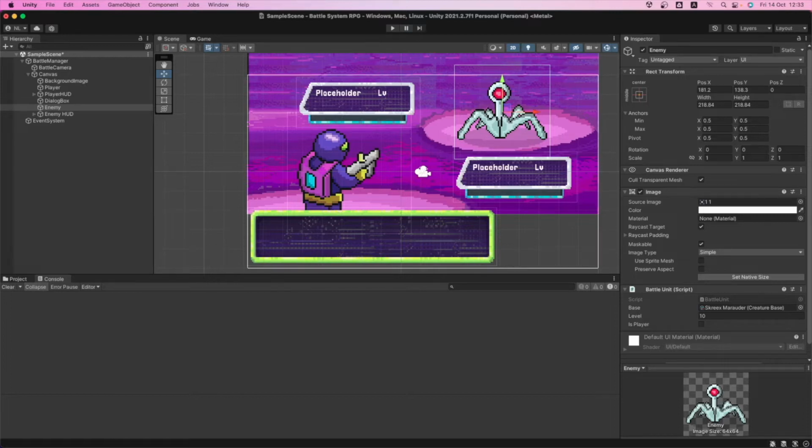Now we're going to start building the battle system per se, how it works, what happens when you press one thing and what happens when the battle starts. First we have to create the health bar.